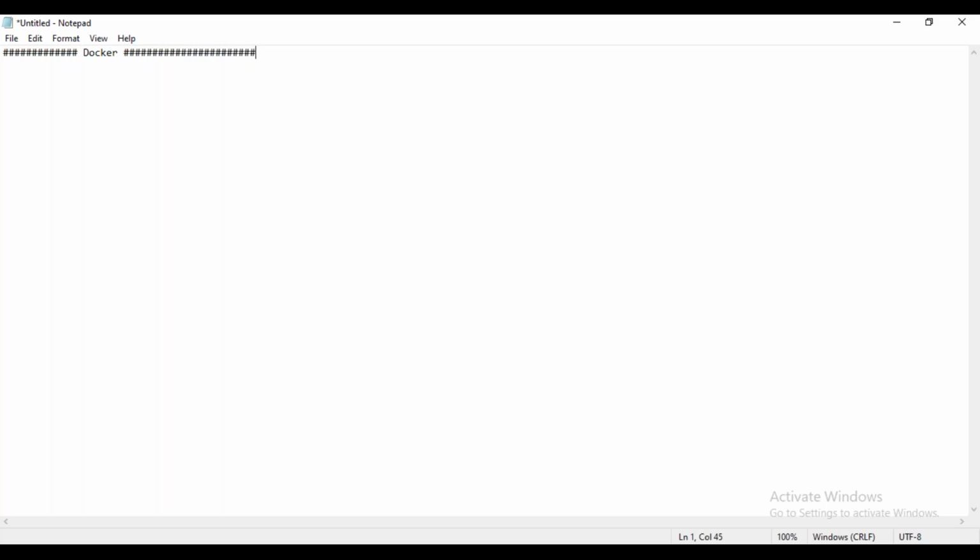A server will have CPU, RAM, and an internal hard disk. If I am the owner of that website, I am going to deploy the applications on it. The place where they are kept is called a data center, because I cannot keep all those machines inside my home, right? So we search for a place and keep all those machines in one place, and that place is called a data center.